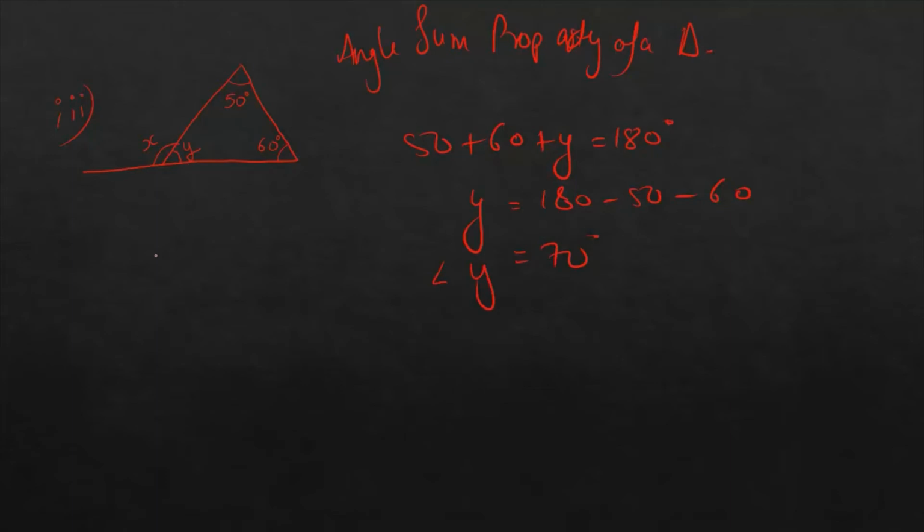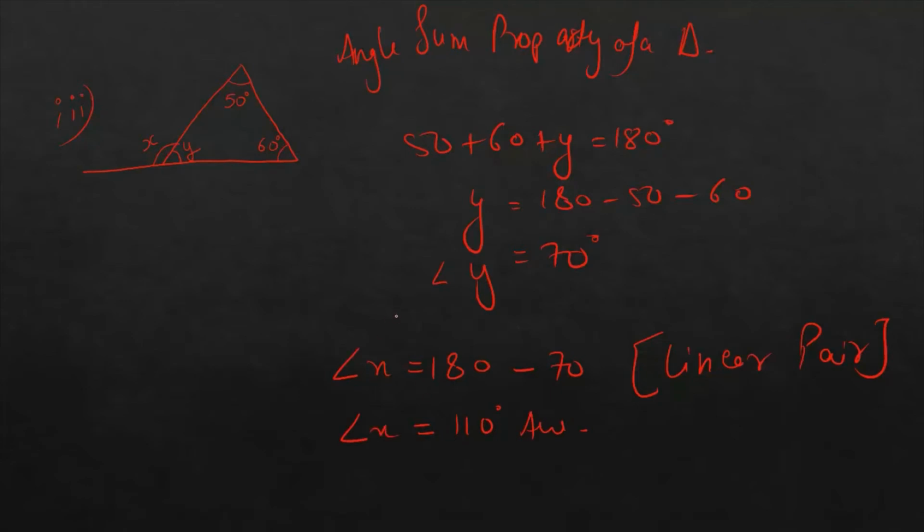If angle y is 70 degrees, then angle x is equals to 180 minus 70 because of linear pair. एंगल y और एंगल x क्या बना रहे हैं? हमारा लीनियर पेयर बना रहे हैं. ठीक है. सो 70 को अगर हम 180 में से माइनस करें हमारे पास आएगा 110. That's the answer for angle x.